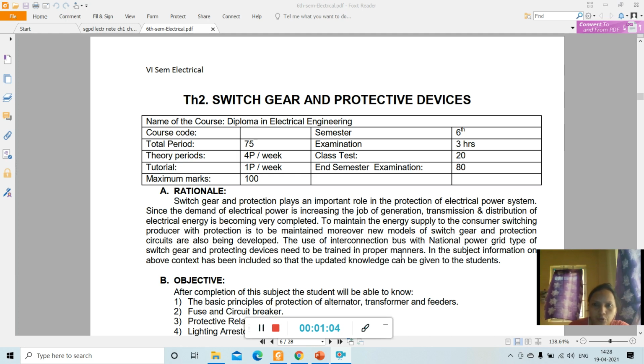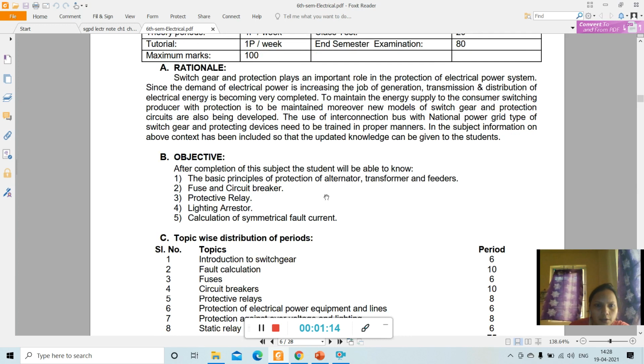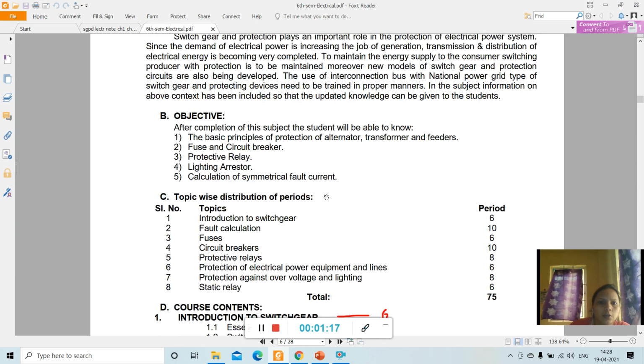So in your switchgear and protective devices subject, these are the contents which we will study in this subject. Here the objective is to know the basic principle of protection of different electrical devices or electrical equipment. Okay, so the protection of alternator, transformer, feeder, and to protect all the electrical equipment, we basically study about the